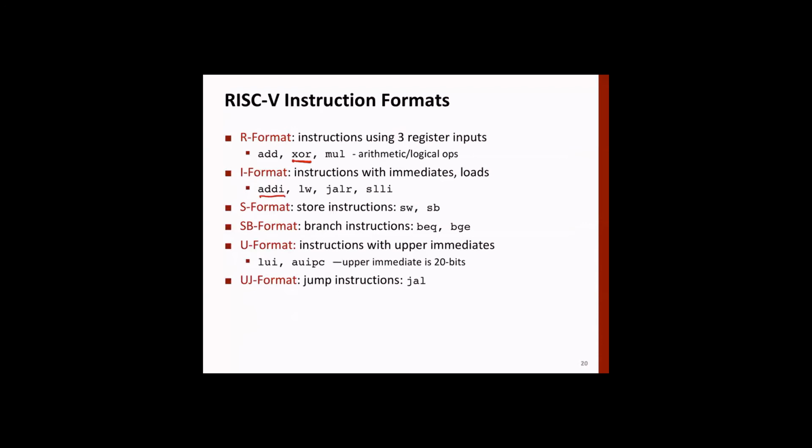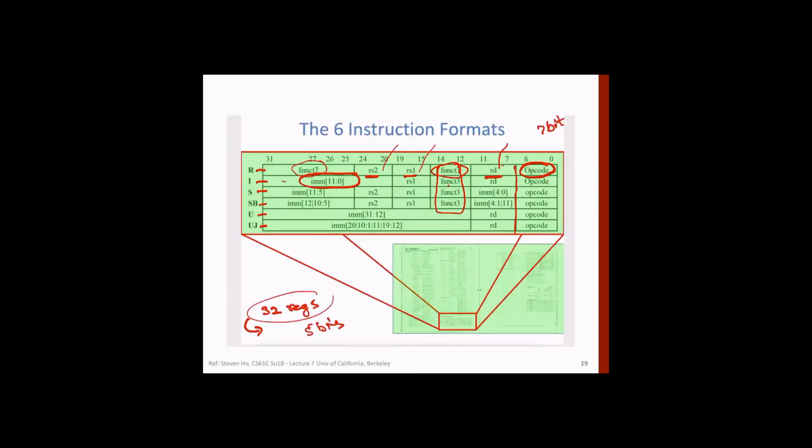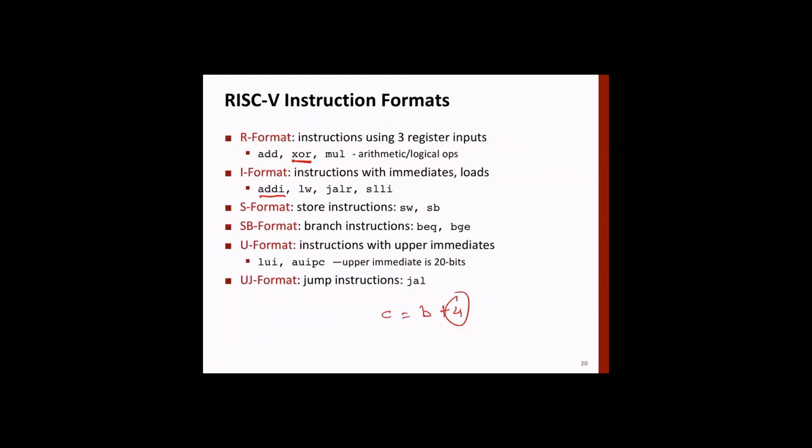For example, C is equal to B plus 4. Now this constant we have to define somewhere in the instruction, right? So this is a constant value, so we can use the corresponding constant value here. So the I instruction has the immediate or constant type, and the same format can also be used for load and store instructions, LW and SW.